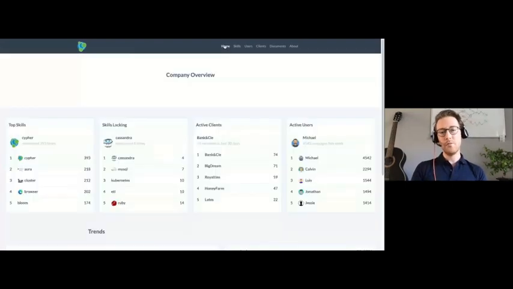If you look at this home dashboard, it basically gives you a company overview of how your company is going. You can see on the left side the top skills based on the number of times a skill has been mentioned, and the skill liking, which is calculated the same way we calculate the top skills.